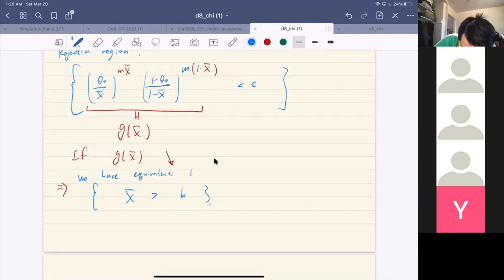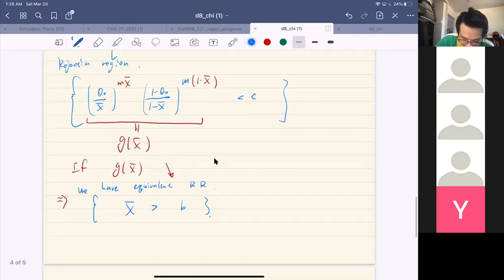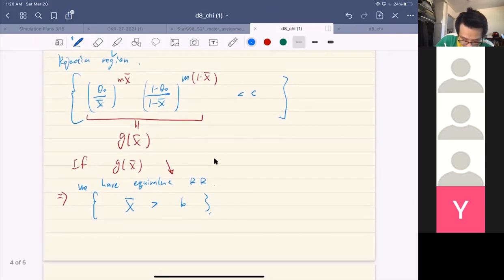So that's my goal. And the way to figure out whether it is decreasing or increasing,